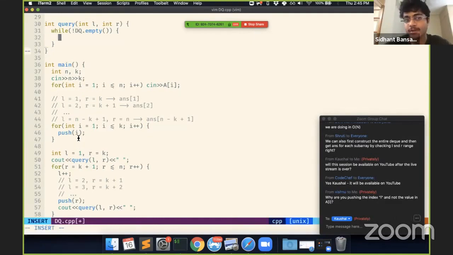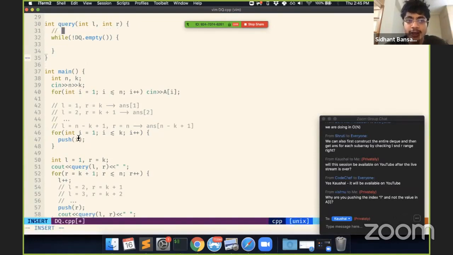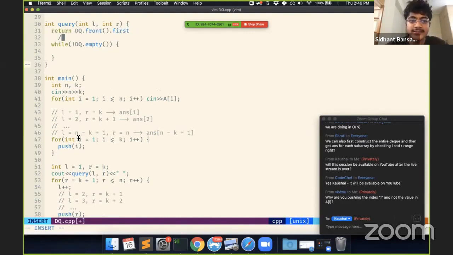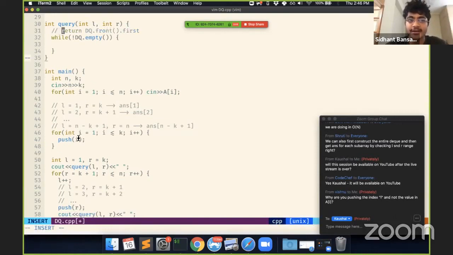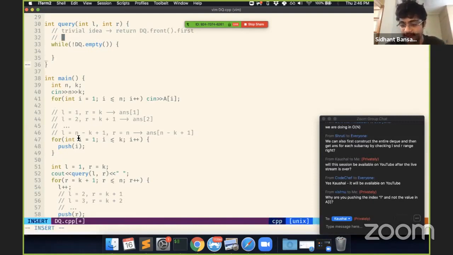So here, until the DQ is not empty, what we are trying to do is, initially our trivial thought process was that we can just return the front, and the front's first element to be precise. That just returns dq.front.first. What was the issue with this? I just showed you in the notes like 5 or 10 minutes back that the issue was that sometimes